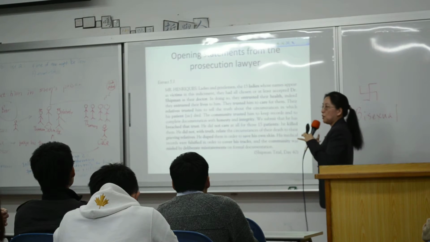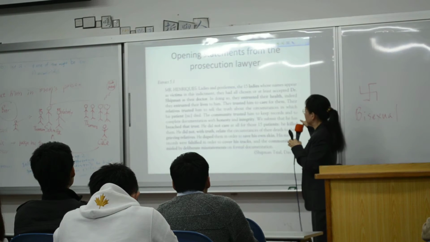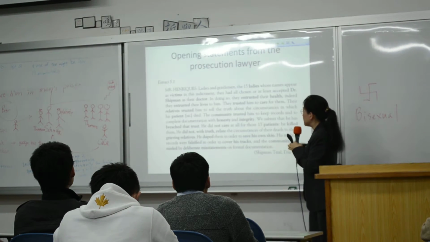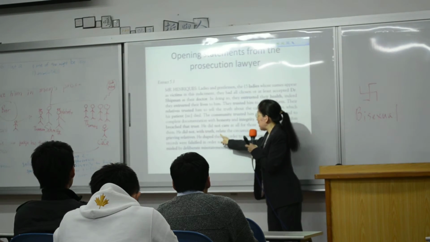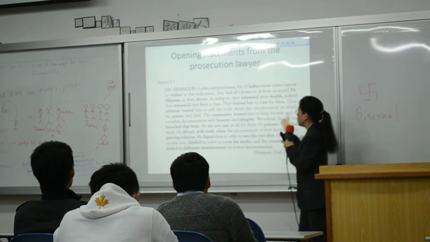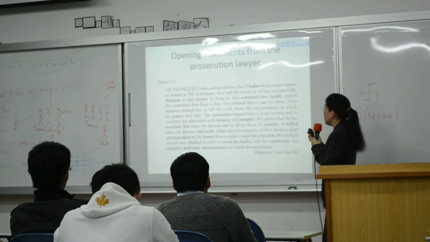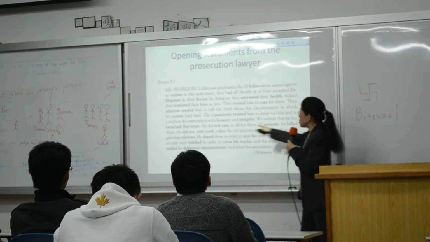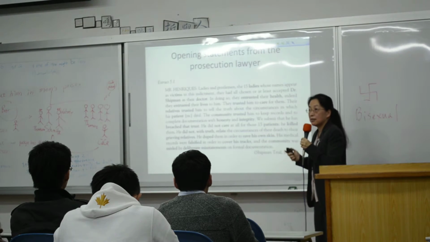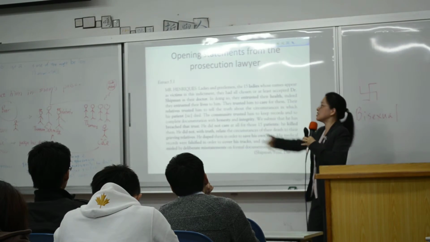Now, the prosecution lawyer, of course, would paint this person as someone who is not honest, who has no integrity, who breached the trust and killed 15 patients. Okay, that's the prosecution lawyer's introduction to this